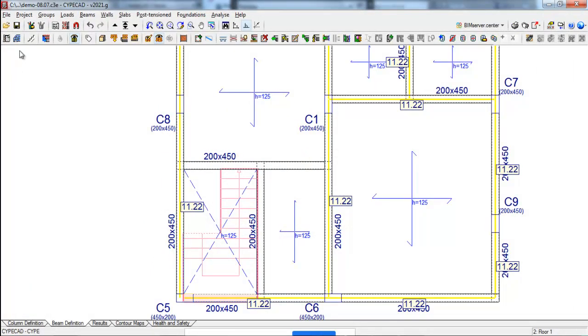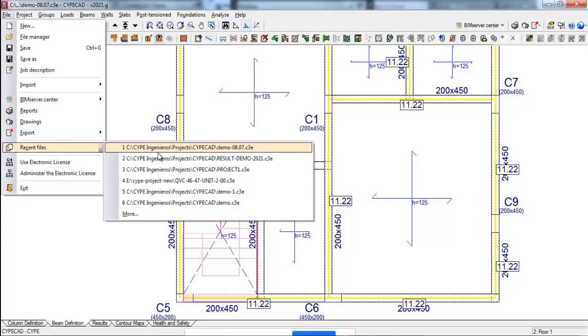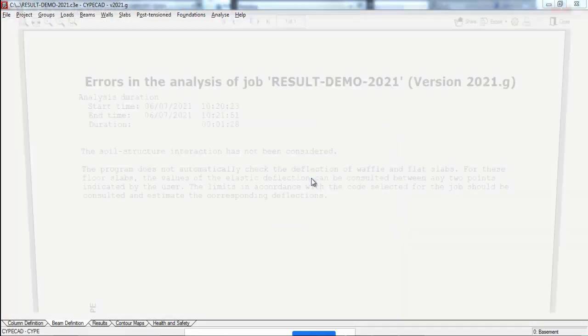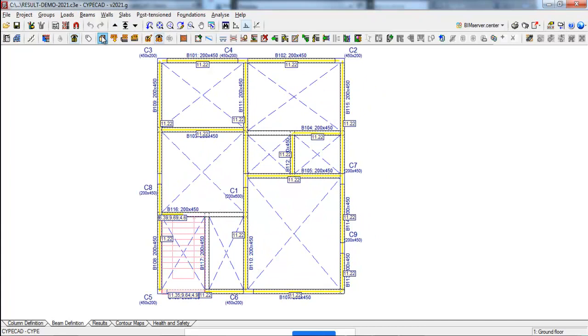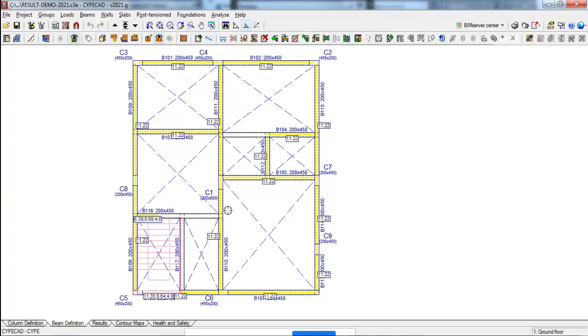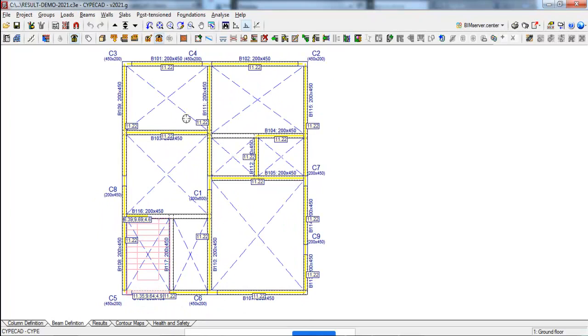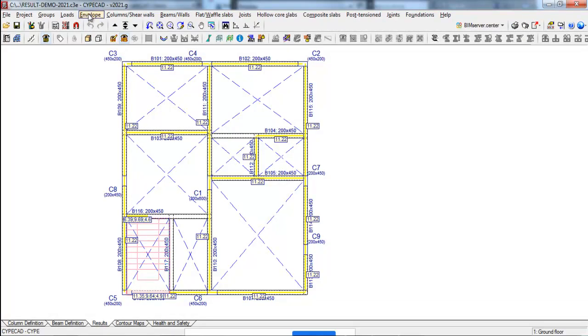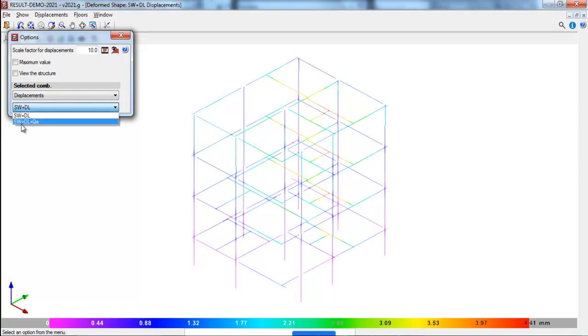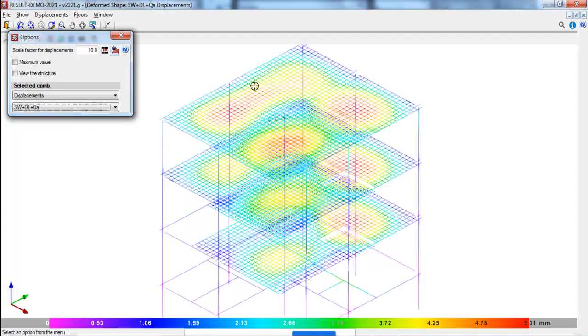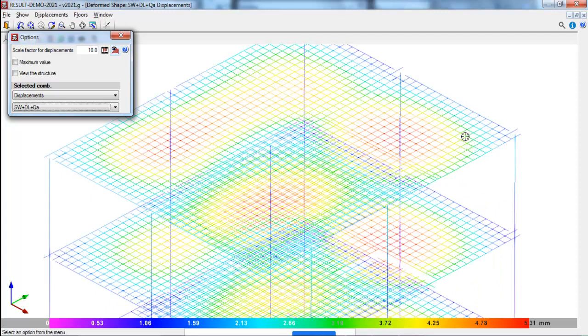So now I will come back to the result file. I am just going to the result file here. If you want to see the results, first let's go to the envelope and deform shape. Envelope and deform shape will give us the deformation of the structure. This includes self weight plus dead load plus live load, and you can also see the finite elements generated by the software. You can see these are all the small finite elements. The size of the finite elements is 25 by 25 centimeters.